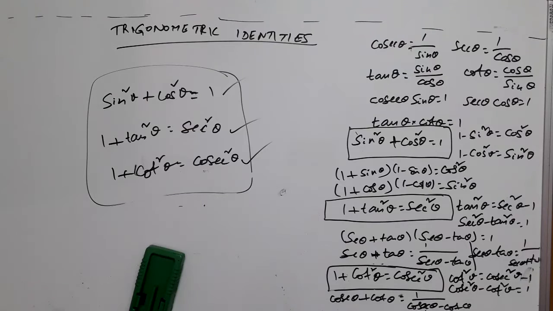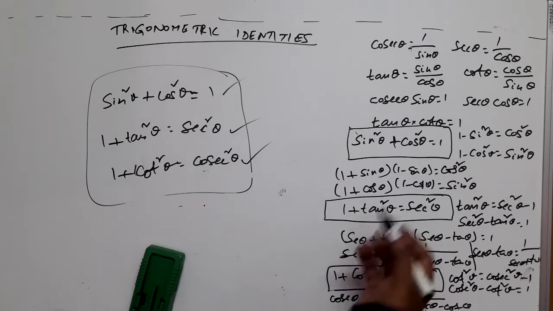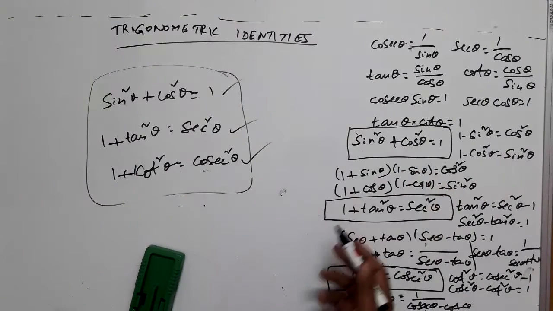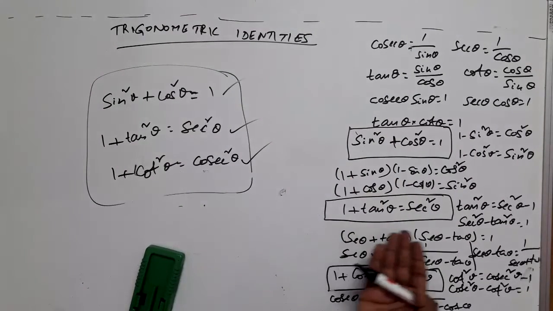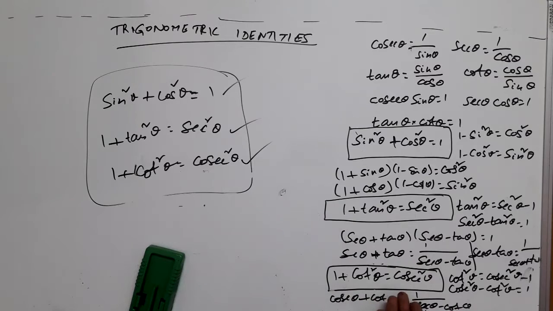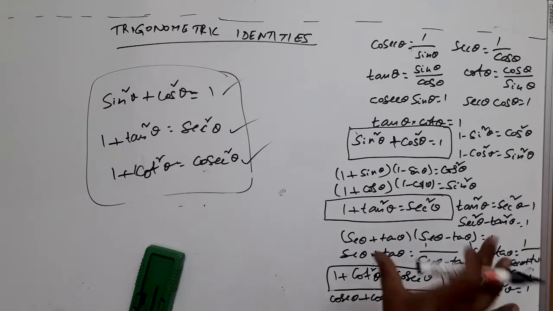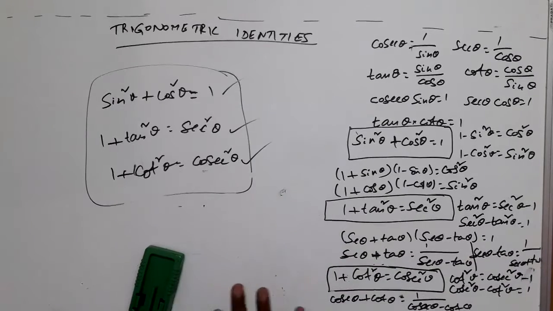Either of these relations I can have. So from the main ones, you are supposed to remember these three identities: sin square theta plus cos square theta is 1, 1 plus tan square theta is secant square theta, 1 plus cot square theta is cosecant square theta. Of course, from these three we can have these relations. Why have I written these here? Because they will be useful in solving questions from this topic, right?